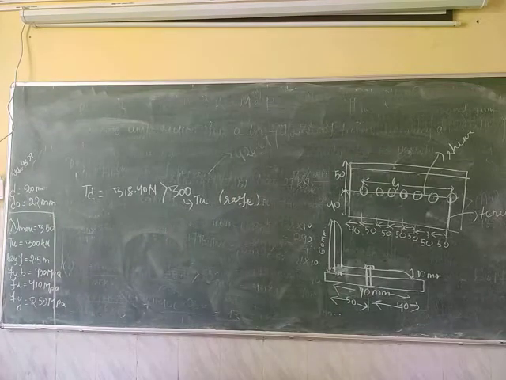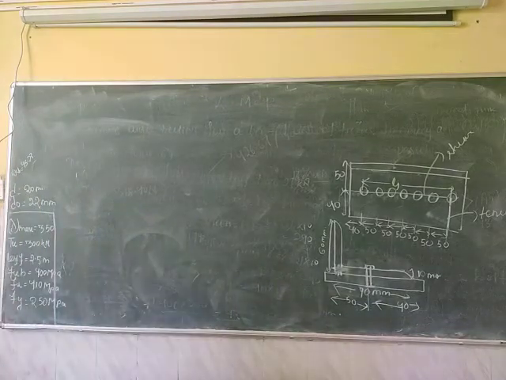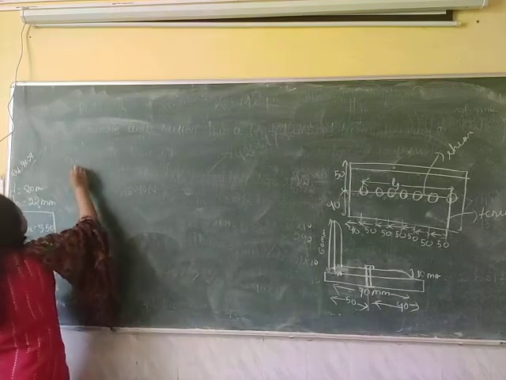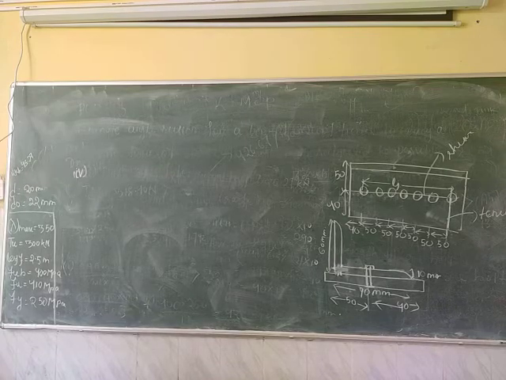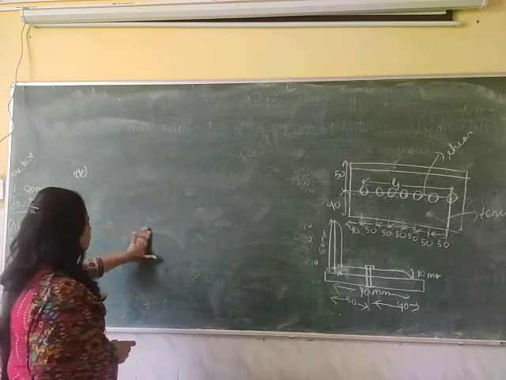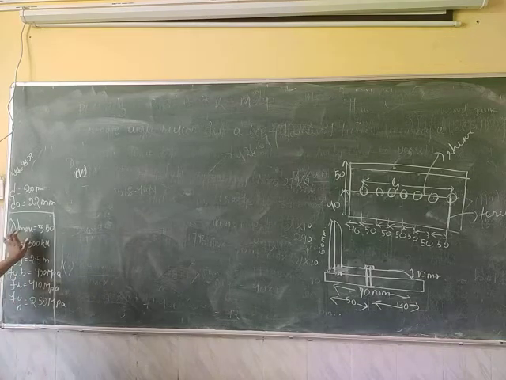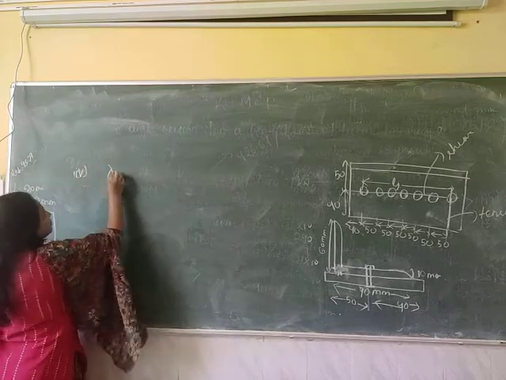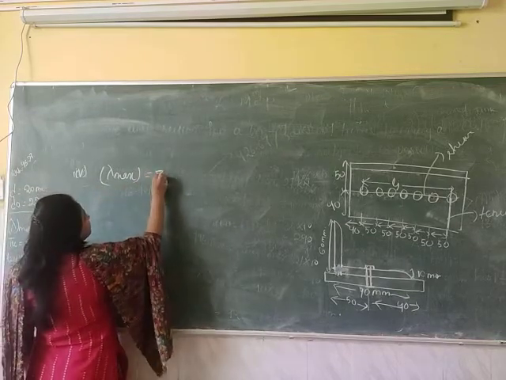Okay, then in the last step, check the slenderness ratio. Okay, so in the question one condition is given that the member is subjected to wind load. Okay, so for that condition the maximum value of the slenderness ratio is 350. Okay, so this value you can get from table number 3 for that condition, that is 350.